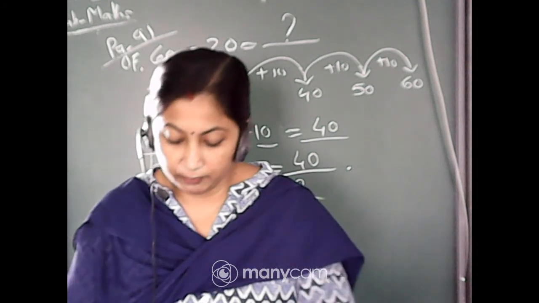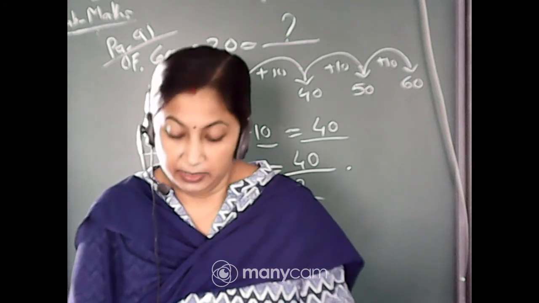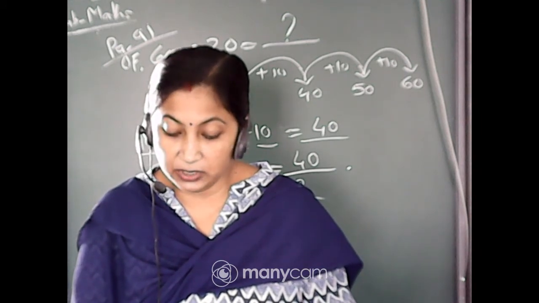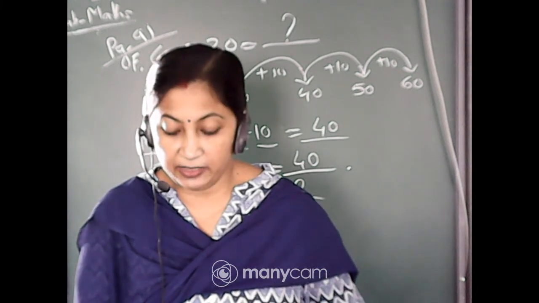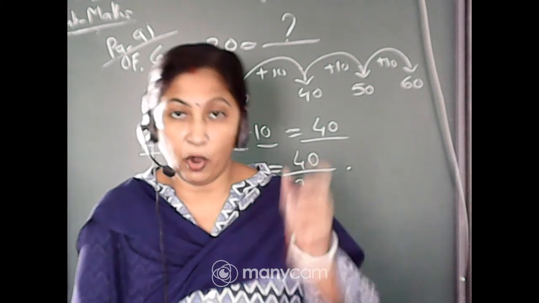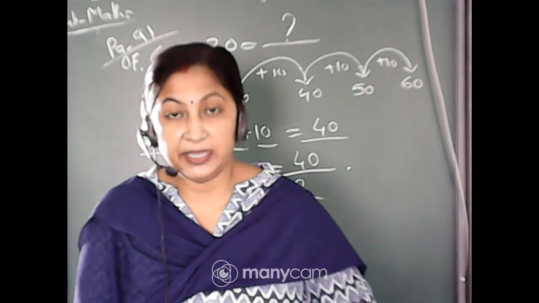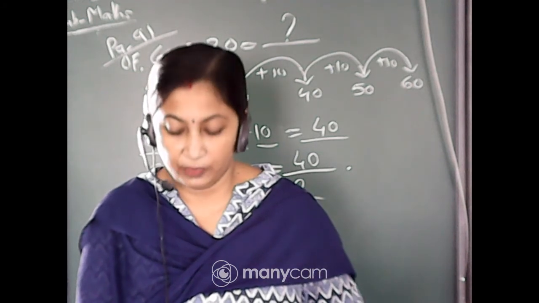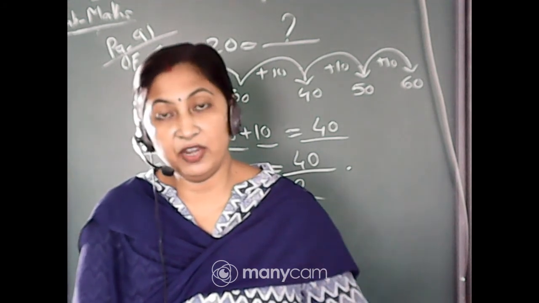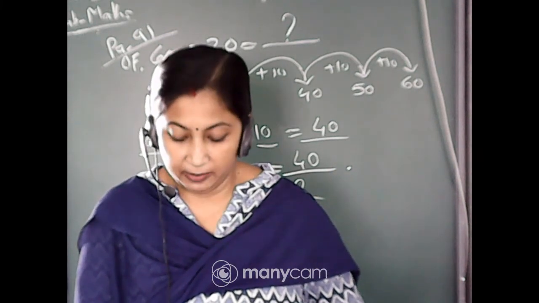Okay, now see, in the first, look at the picture. In the first frame there are 3 horses, then next 3, again 3. So 3 plus 3, 6, and again 3. That means if you count horizontally, it is 3. If you are counting vertically, it is 3 plus 3 plus 3, which is 9. So wherever you count, horizontally as well as vertically, it will be 9.